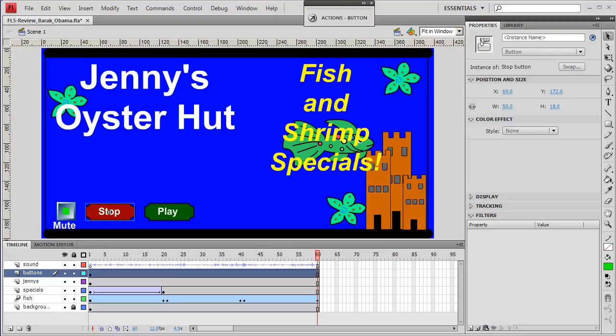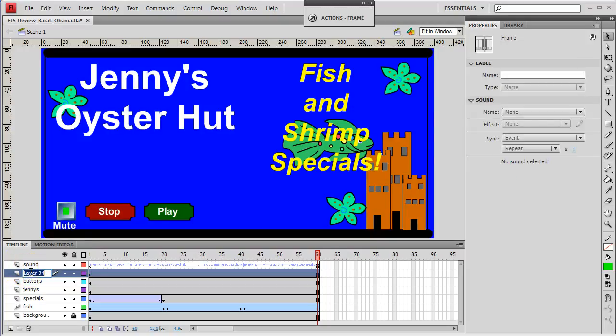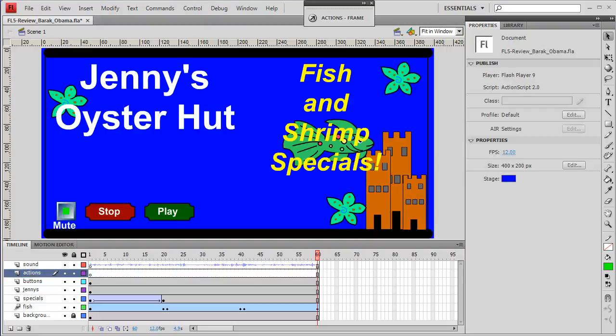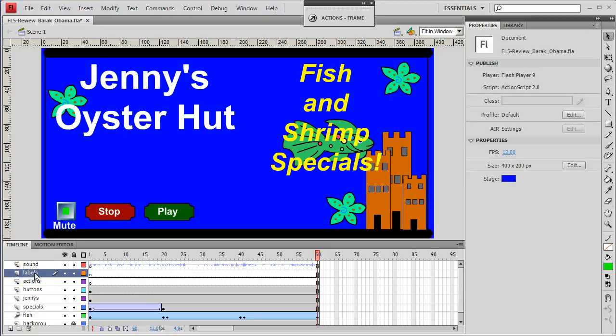So here it says, in the timeline, insert a new layer above the buttons layer and call it actions. So I'm on the buttons layer. So if I click this new layer icon down here, it'll create a new layer, and if I double click to name it actions, enter, and then another new one and call this one, double click, labels, and then it says create a frame label in frame 20